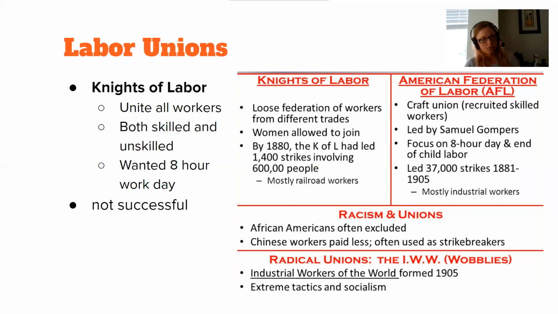So these unions are fighting for an 8-hour workday, okay? They want workers to have to work no more than 8 hours. What else are they fighting for? Better pay, right? Eventually, we will get a minimum wage. That's not going to be for a while, though. We're talking about the 1880s, 1890s, in our unit on the Gilded Age. It won't be until the 1930s that you start to get the first minimum wage. That's during the New Deal under Franklin Roosevelt.